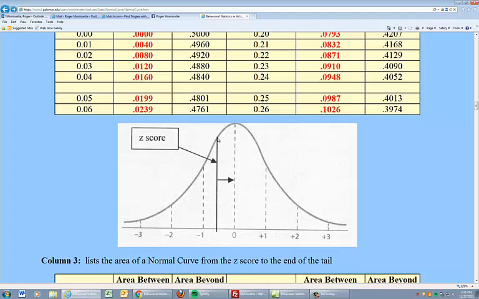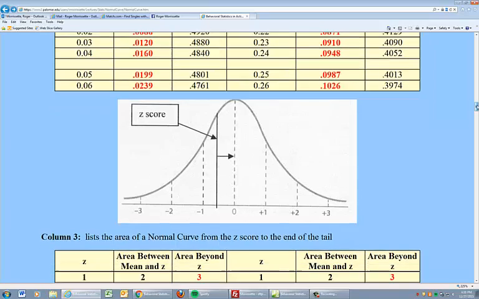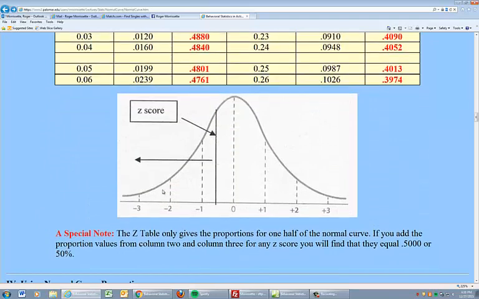So wherever the z-score would fit, if this was a z-score of negative 0.65 or something, the column 2 data would be the proportion from z to the mean. That's what column 2 represents. And the column 3 data is from the z to the tail. From the z to the tail. So if you can see that column 2 goes from here to here, and column 3 goes to here,